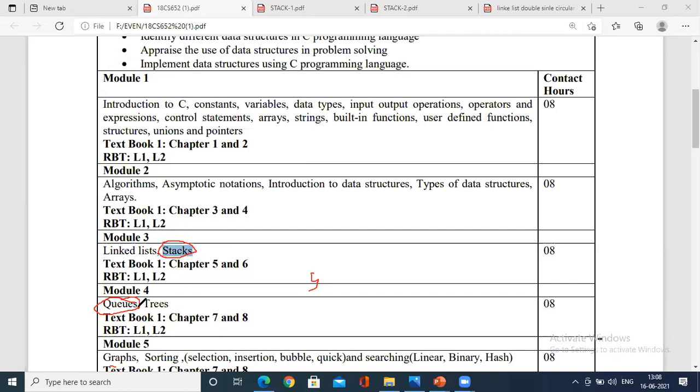And next we are left with the queues. So this completes, in fact, the concept of stack for the sake of module 3. Once again, I will try to repeat the concept of stack using linked list when I come to linked list, double linked list and all. So now my planning is to go with the queues and a few of the important concepts which are really needed for examination, that is sorting.